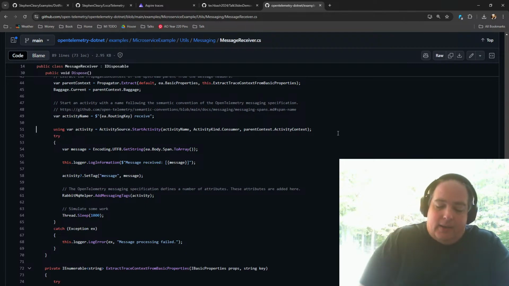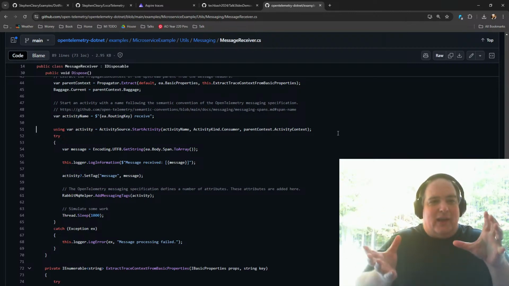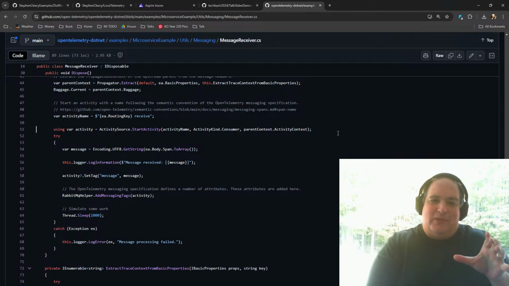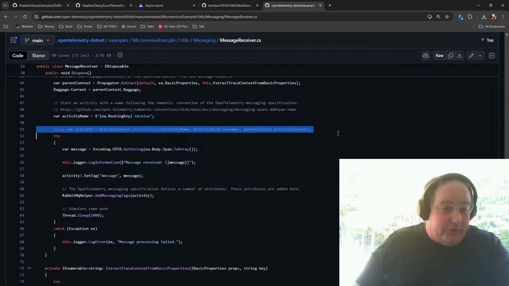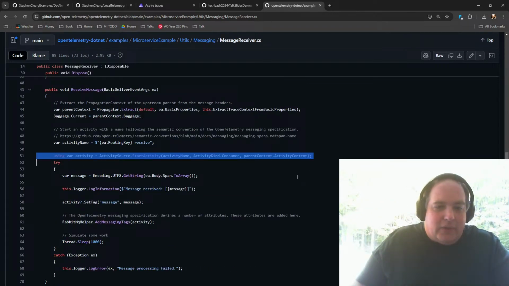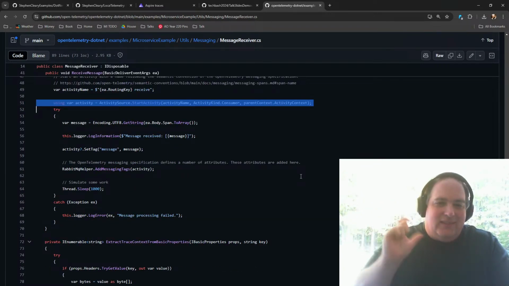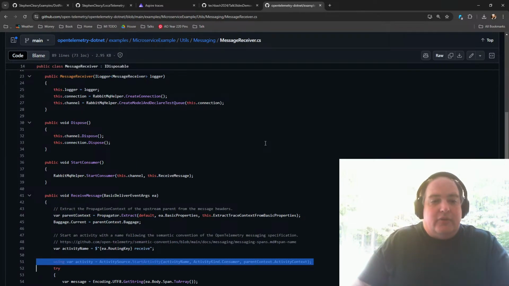Anyway, any other spans, like I'm now processing this message, are usually ones that you want to add to a consuming application, and that's what we're doing. That's what they're doing right here. So we're going to add that first, and then we're going to link the spans once we have this working. Okay, so